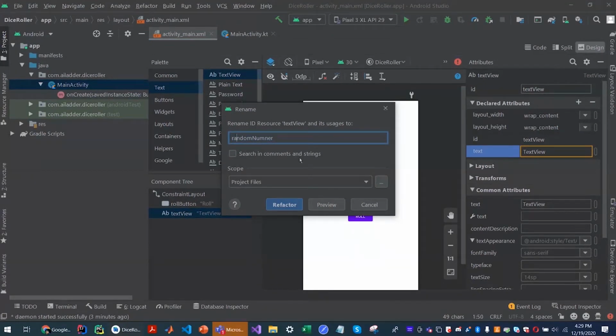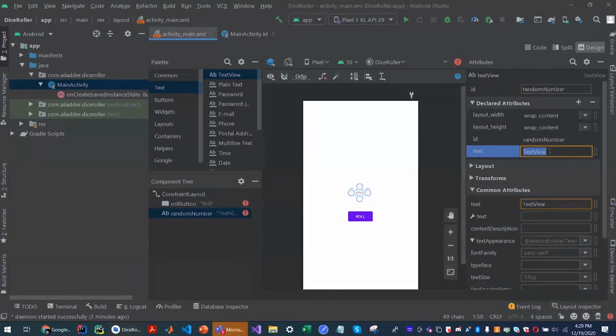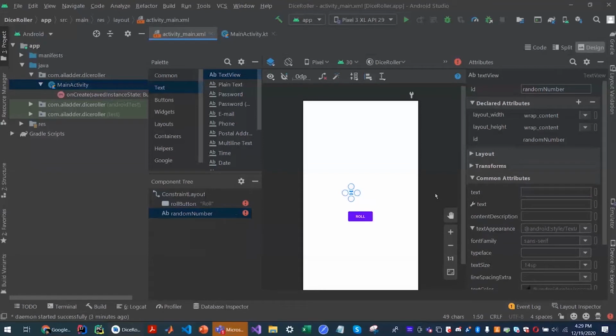One thing interesting that Android Studio has with respect to the layout editor is that sometimes text doesn't appear. Like in our case, until we roll the die, the text won't appear. So you can remove it.